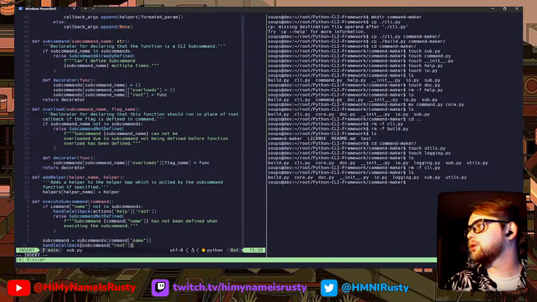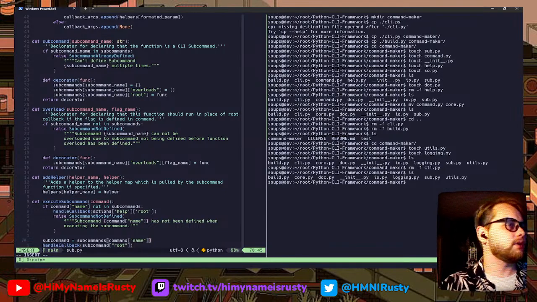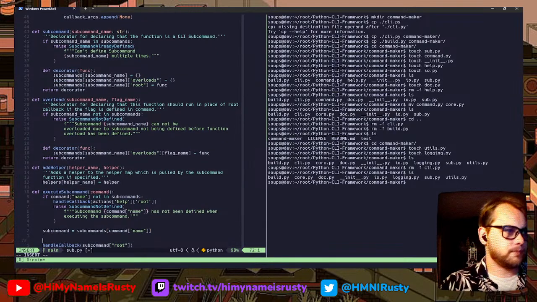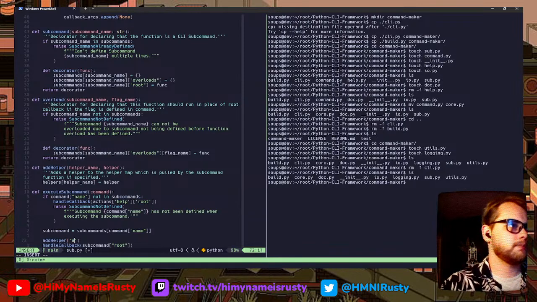And we still have to do the overloads if they have this X flag, whatever. But first we want to add helper command.